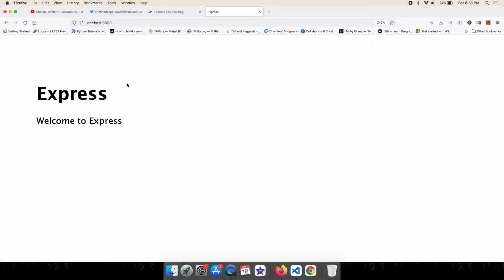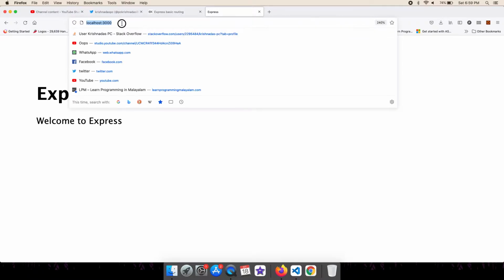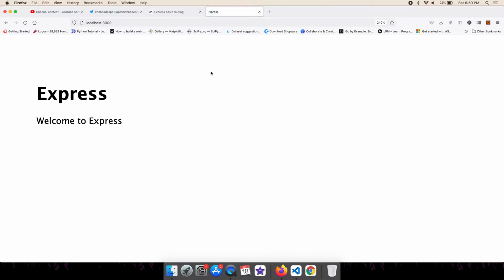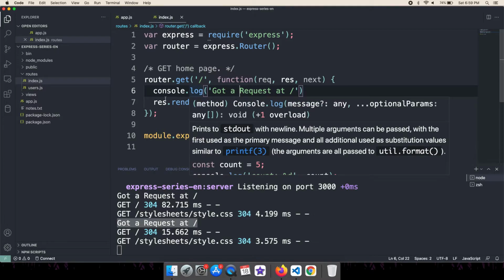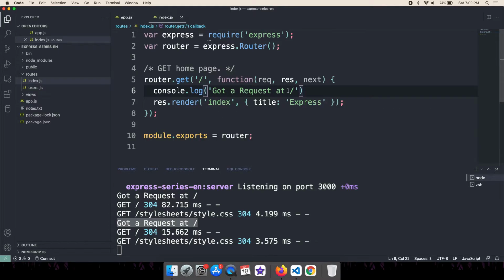What I mean by getting a request is when you open up a URL. Here we have opened the home URL, the slash URL of our application, and when I press enter, the server will receive a request, which you can see at the command prompt, where I have logged a message. In the index route we have logged the message "got a request at slash".